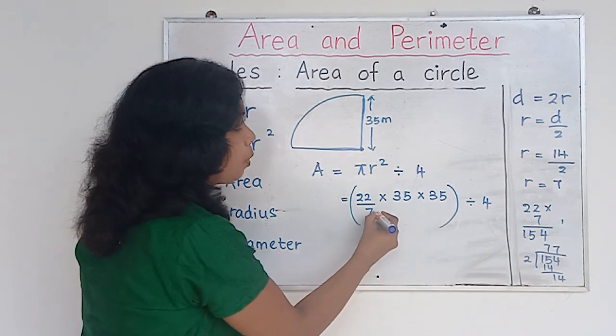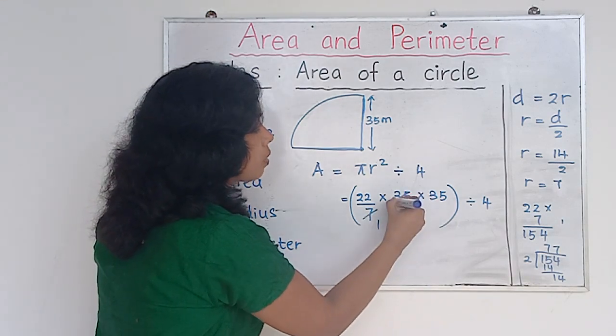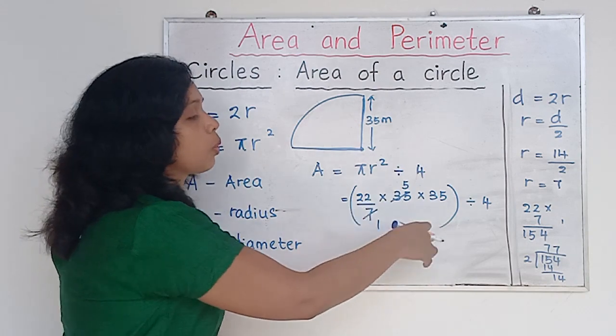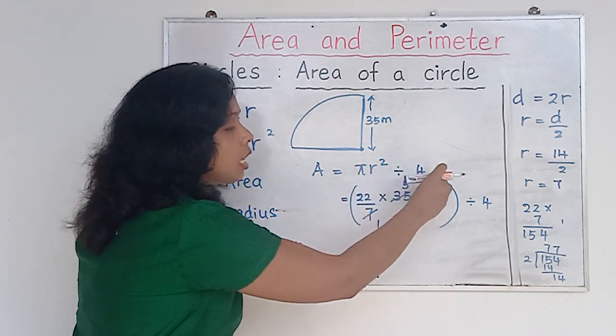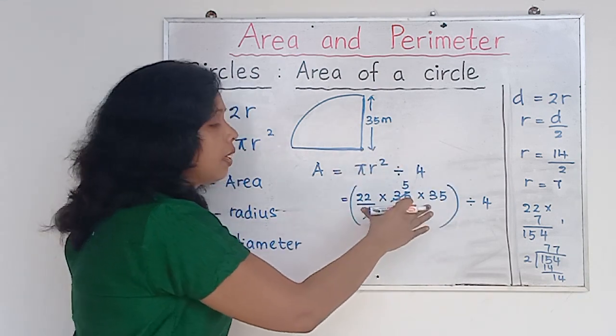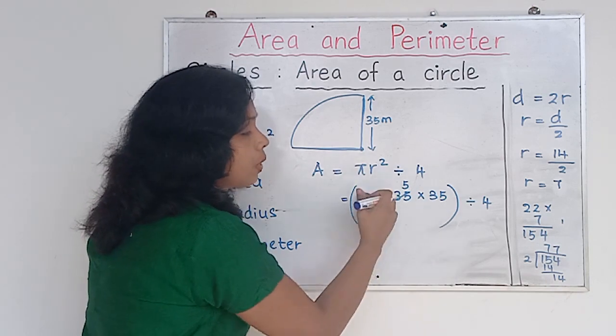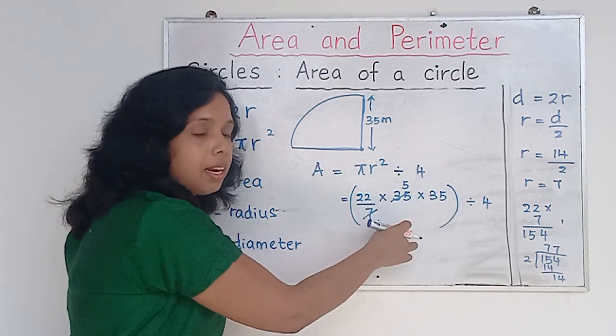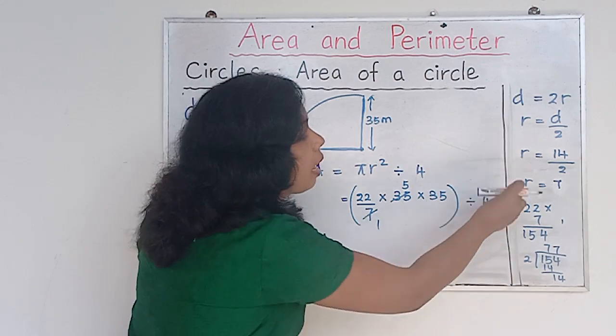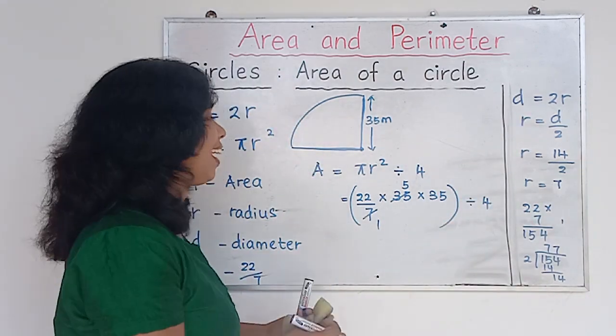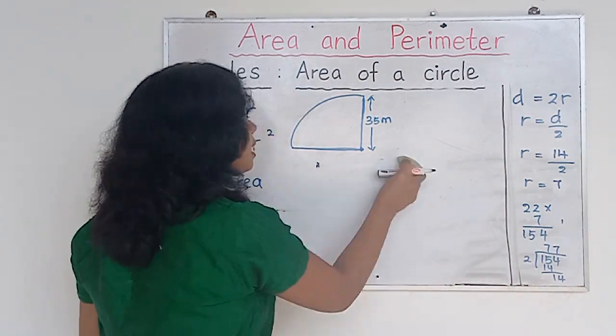Right? Then you can simplify this. 7 times 1, 7 times 5. Likewise, you can simplify. You get the answer for this bracket value. Then the whole thing. So whatever the final answer you have for this bracket, it is divided by 4. Okay. Right. Then let's say,